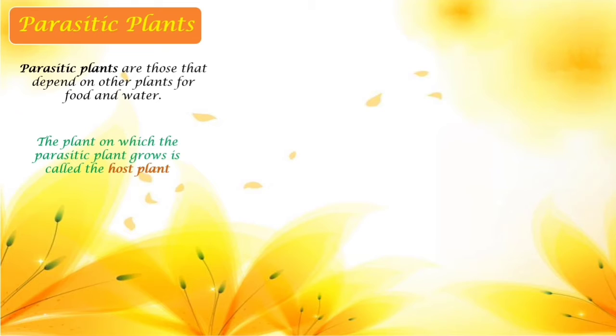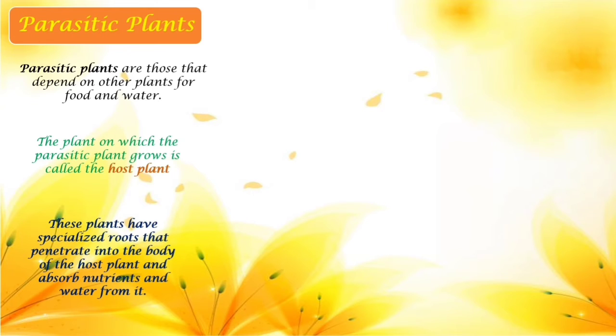Yes, so here, as they lack chlorophyll, they will not be able to prepare the food. So they have to depend on some other plant and they will grow around that particular plant to trap the nutrients from them. So these plants have specialized roots, like tube-like structures, that will penetrate deep into the body of the host plant. Okay, they will get stuck onto it. All right, so they will absorb the